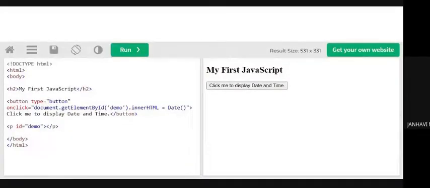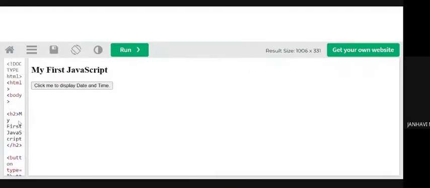Now, what is this code about? I'll make you understand, but I just want to show you all how the web page behaves in a different way. See, this is a program. When you run the program, this is how things appear. I'm just focusing on my output screen right now.